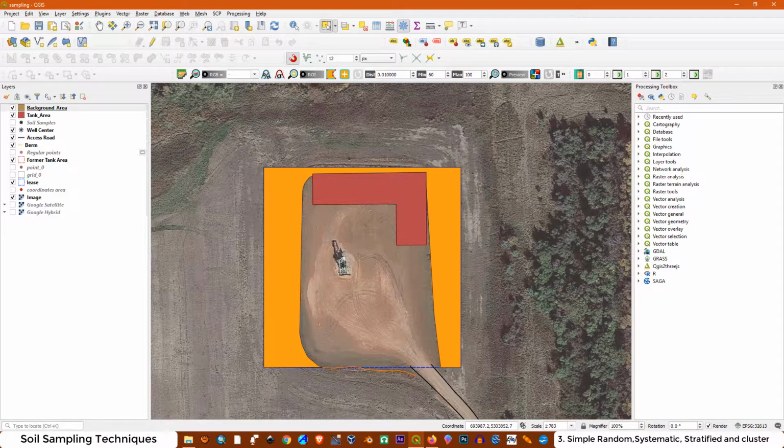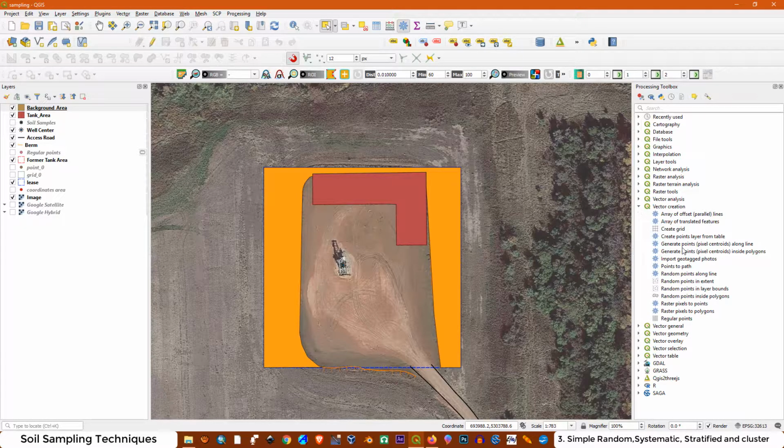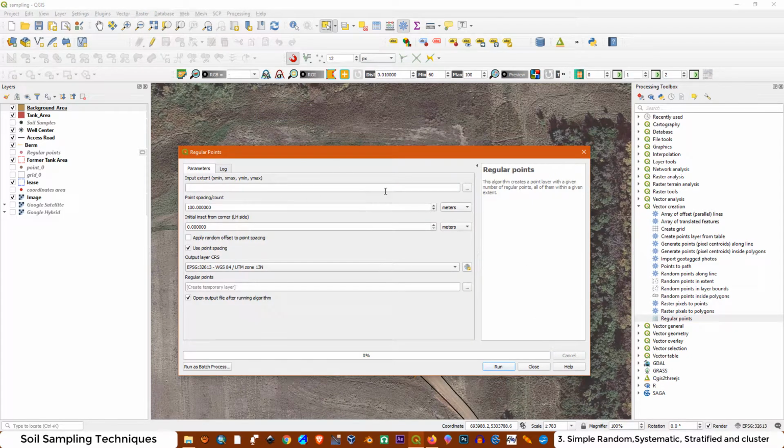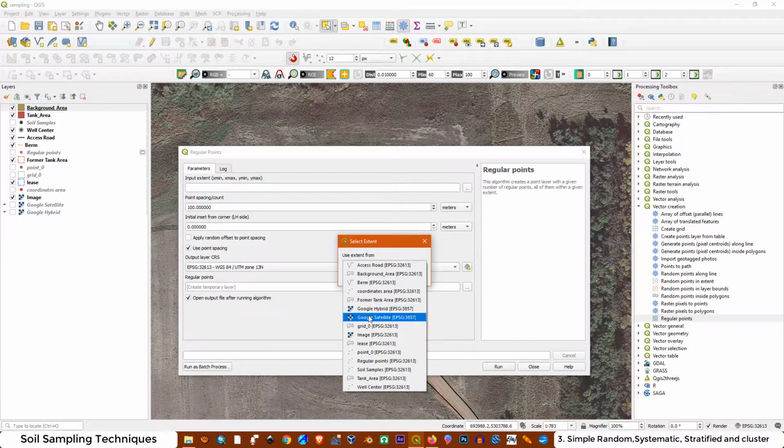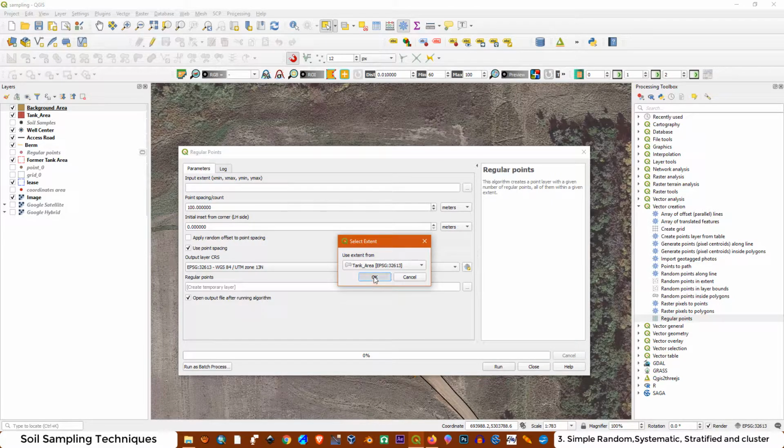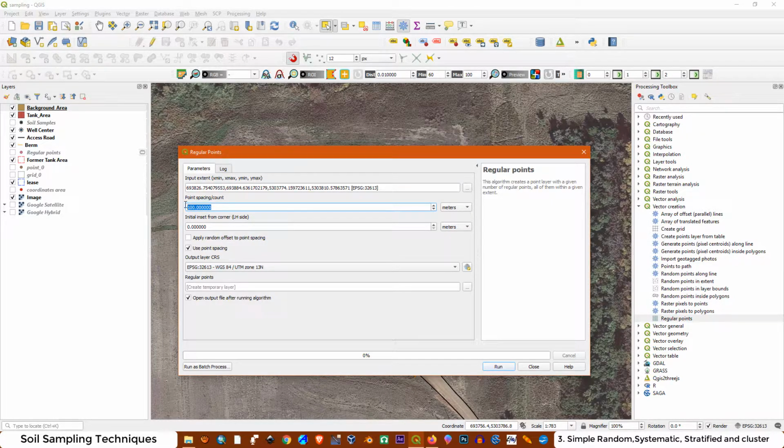Given the type of the contaminant and also the type of topsoil, a population where each member is separated by 5 meters is good enough to characterize the investigated area. To create the population, just go here to vector creation, regular points, select the layer tank area, use layer extents, tank area. Okay, here, as I said, we are going to put a distance of 5 meters between each potential sample,